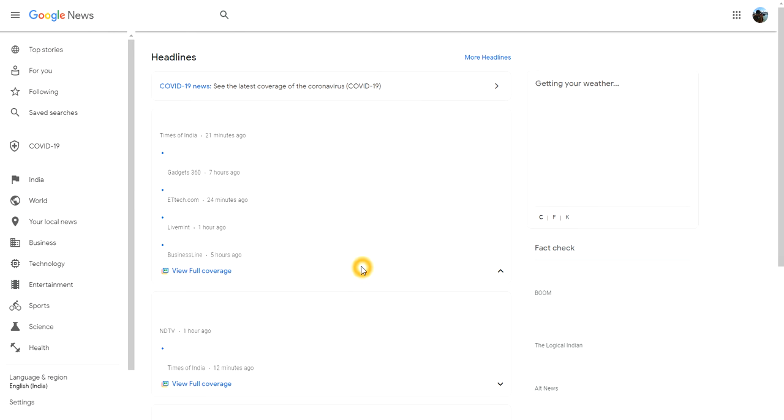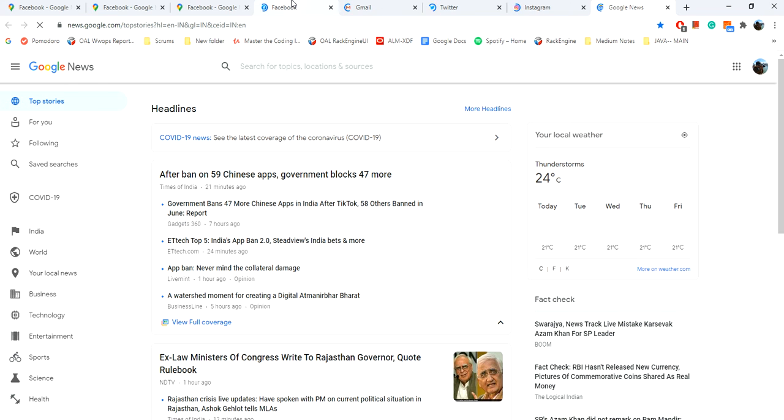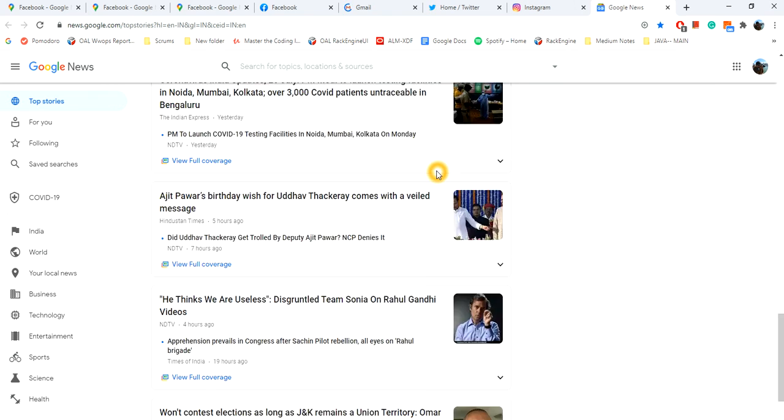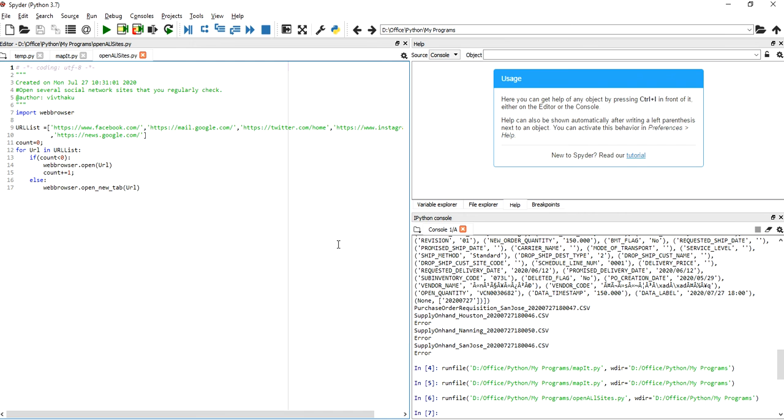So if you see, this directly opens everything, but let me just show you, like it had opened Facebook, Gmail, Twitter, Instagram, because all my accounts are logged in. I don't want to show you. So this is the thing which can be done easily. So if you want, let me just close all those things, okay, and I'll show you a quick easy method.